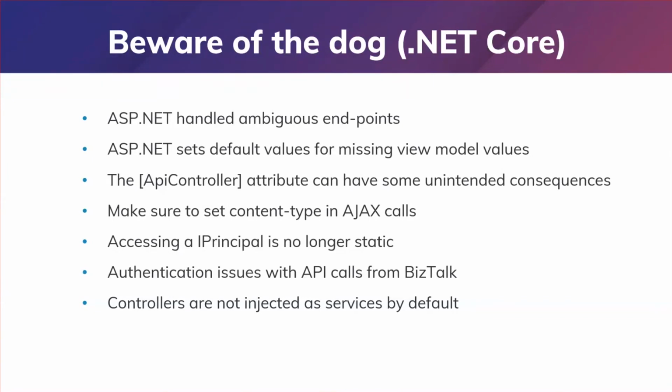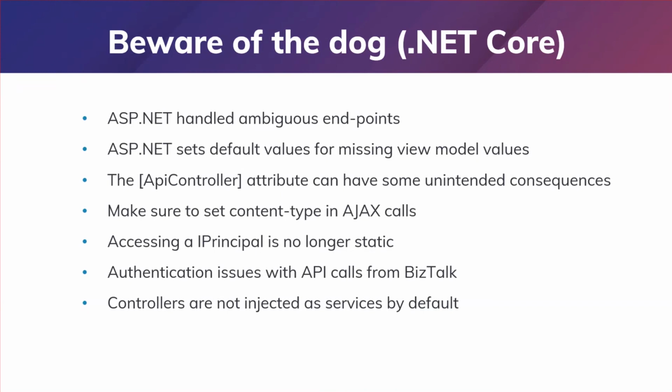The third thing here is that the controllers in .NET Core are decorated with the API controller attribute, which gives you a lot of magic under the hood. And that's really awesome. But it can have some unintended consequences because it does change the behavior of your controllers as opposed to how they were working in the old framework. And one of the things that it did for us, for example, was that it changed how we validate our model state. So before, the API would still accept the call, even though the model was not valid, because we can check the IsModelStateValid property on the incoming request and do our own custom validation.